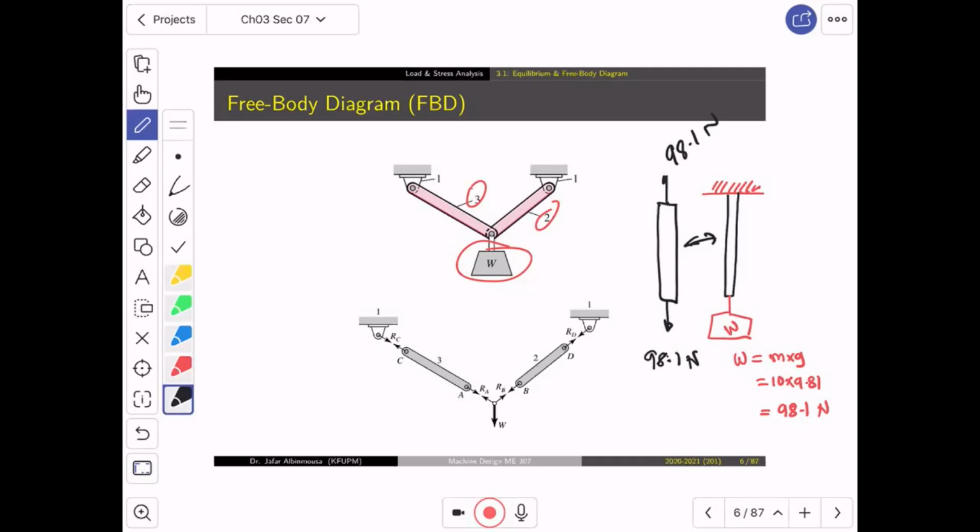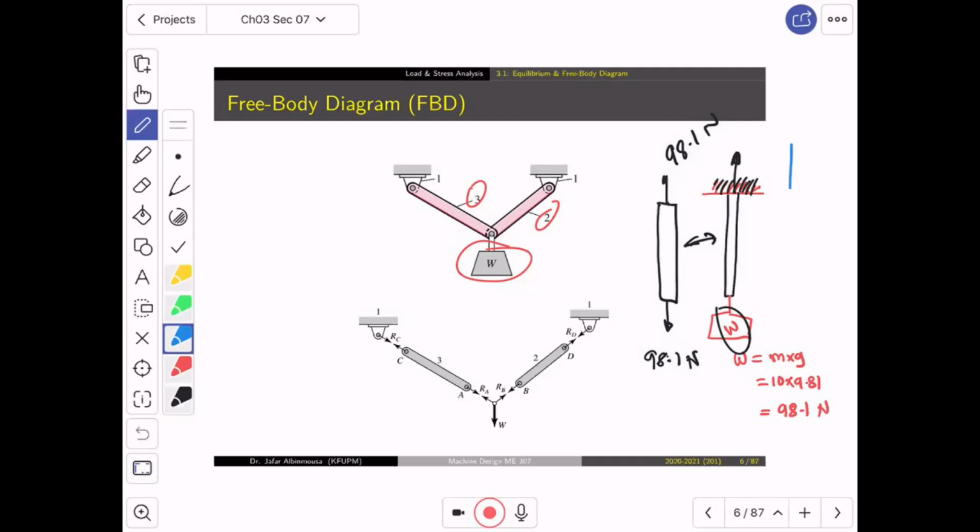They are identical. That's it. It's the same. That's the meaning. Why? Because this force will be opposed by a reaction force. It should be equal in magnitude, opposite in direction. That's it. Now, if you want to go into the detail, we know that a fixed end like this will